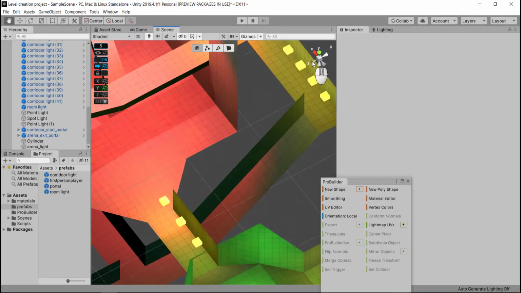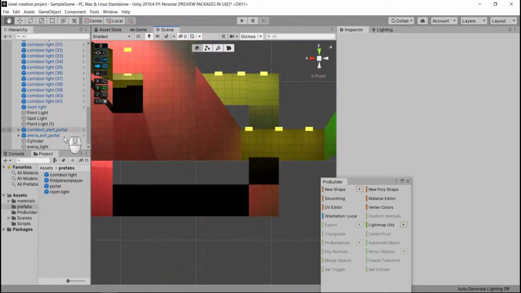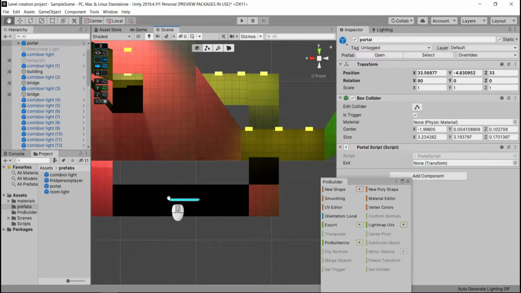I'm going to side view and add another portal. Now I am going to this time use the portal in our project view and drag it directly into the scene. I'm going to use the rotation as 0, yeah,